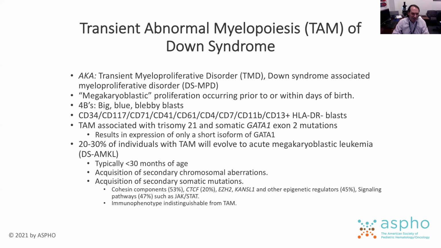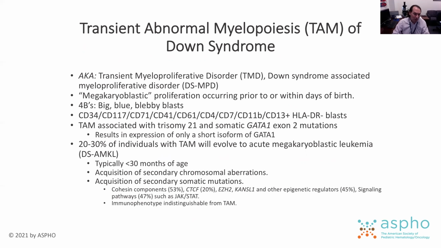They're invariantly associated with trisomy 21. That's typically germline, but can be a chimeric trisomy 21. And they've acquired somatic GATA1 mutations in exon 2 that result in the truncated form of GATA1 being preferentially